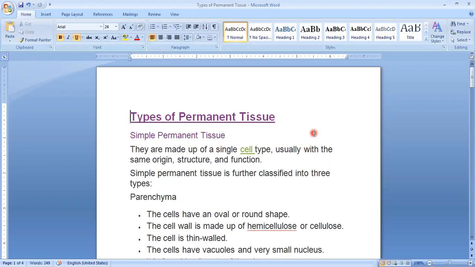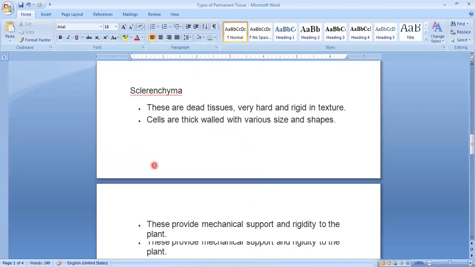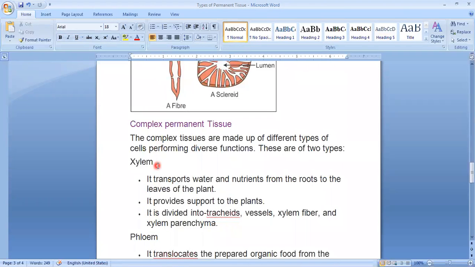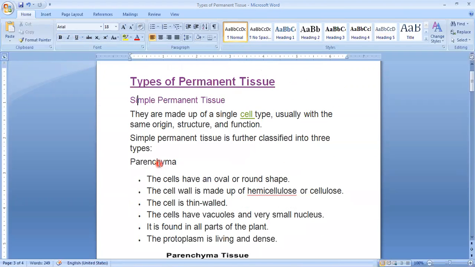And these permanent tissues are classified into two types. The first one is simple permanent tissue. The another one is complex permanent tissue. So there are two types of permanent tissue. One is known as simple, another one is known as complex permanent tissue. And those tissues which are made up of meristematic tissue, but they have lost their power of division. They are not dividing now, and they have fixed shape, definite shape and size, as well as the function. These types of tissues are called permanent tissue, and we have to first study about simple permanent tissue.